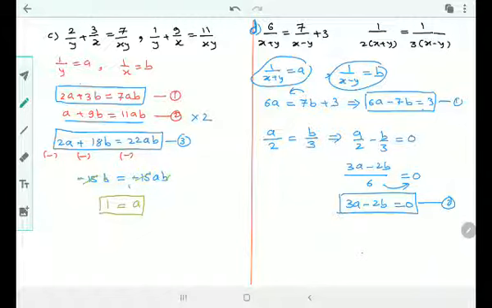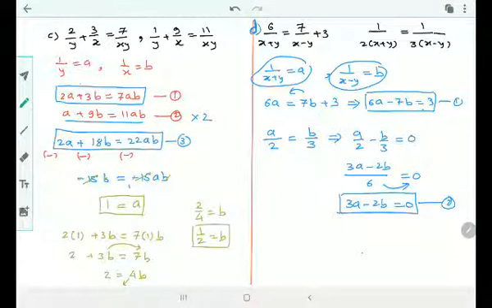If I put this value in any of the equations, I get b's value. I'll put in 1. So from 1 I get 2 into a, a is 1, plus 3 into b is equals to 7, a is 1 again, and b, right? So 2 plus 3b is equals to 7b. Shifting this side, what do I get? 4b, right? 7b minus 3b, 4b. 2 is equals to 4b, right? 4 shifting this side, I get 2 upon 4 is equals to b, which would be 1 by 2, right? Perfect. So I got a and I got b.